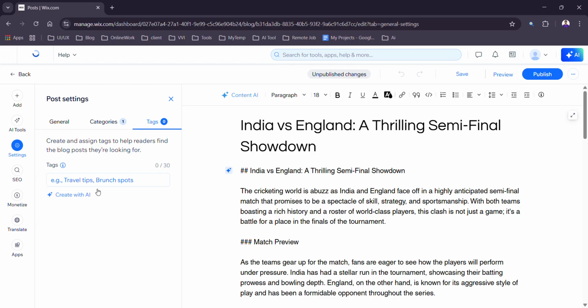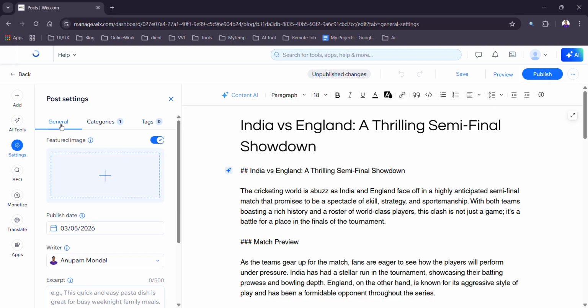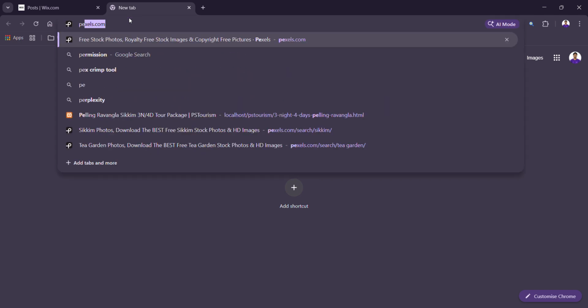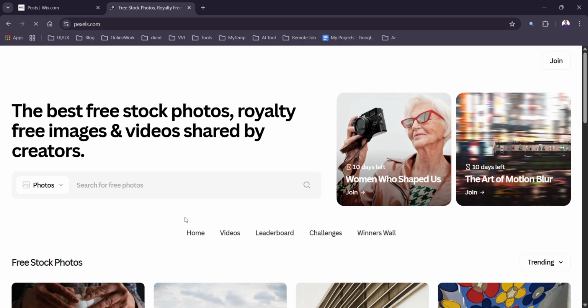Also, you can add tags. Those are important for the specific identification of the particular post that the tag represents. Or you can put a featured image, and just like I am using that cricket,